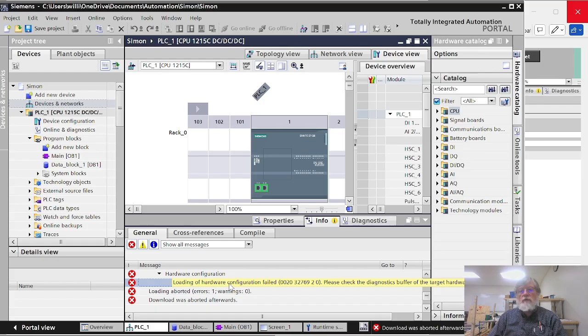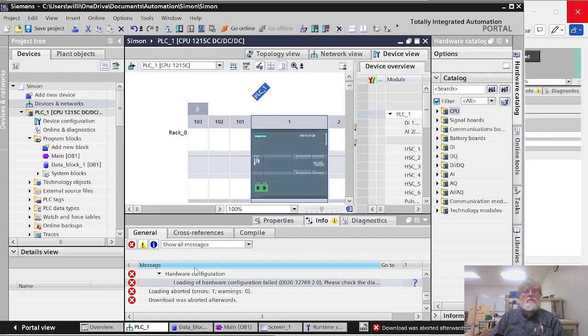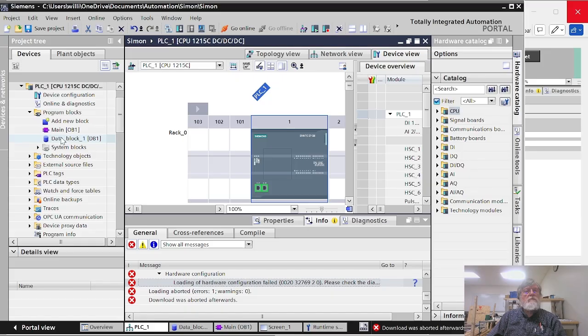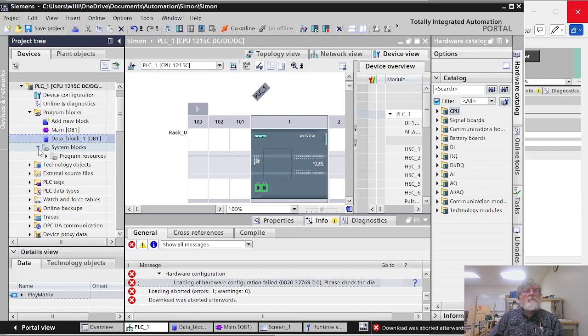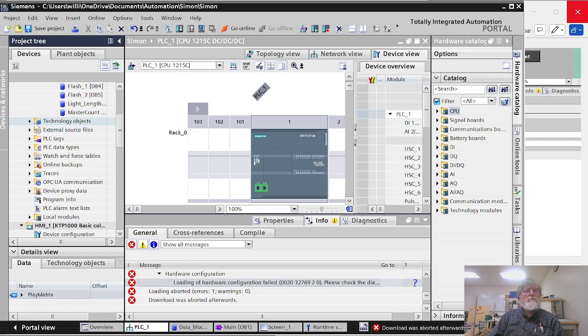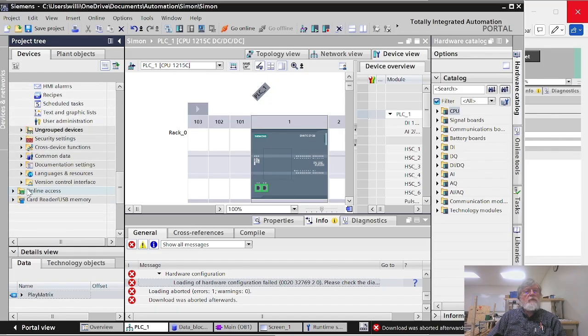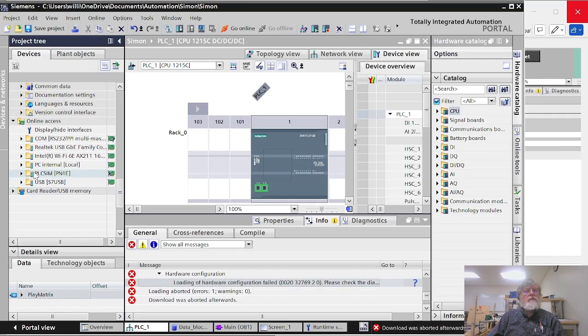Please check the diagnostics buffer of the target hardware. Hmm. I'm going to go down here and I'm going to go into online access. And this is one of the things that sometimes you have to do,